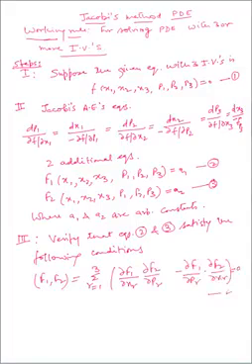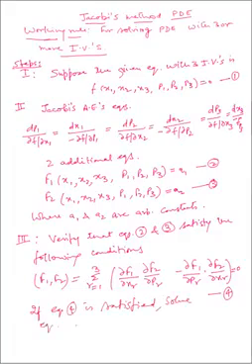Mark it as 4. If this condition, that is 4, is satisfied, then we solve 1, 2 and 3 equations. So if equation 4 is satisfied, solve equations 1, 2 and 3